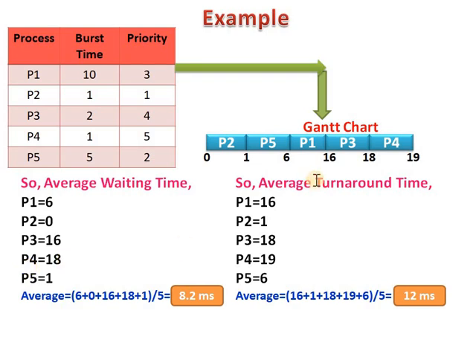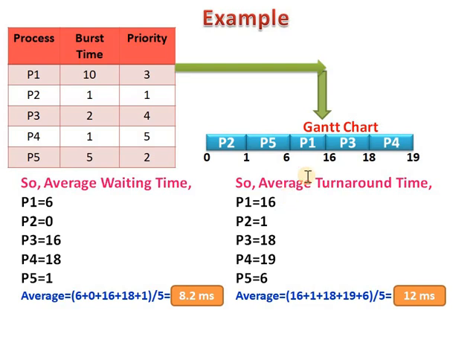Next, the P4 process is executed last. The P4 process started its execution after 18 milliseconds. So 18 is the waiting time for the process P4. Next, the P5 process waits 1 millisecond after P2's execution completes. Then the P5 process is taken for execution. So for 1 millisecond the process P5 is in the waiting state. This is the waiting time for each process. Now we are calculating the average. How to calculate the average? Sum divided by the number of processes. So here we get the average waiting time as 8.